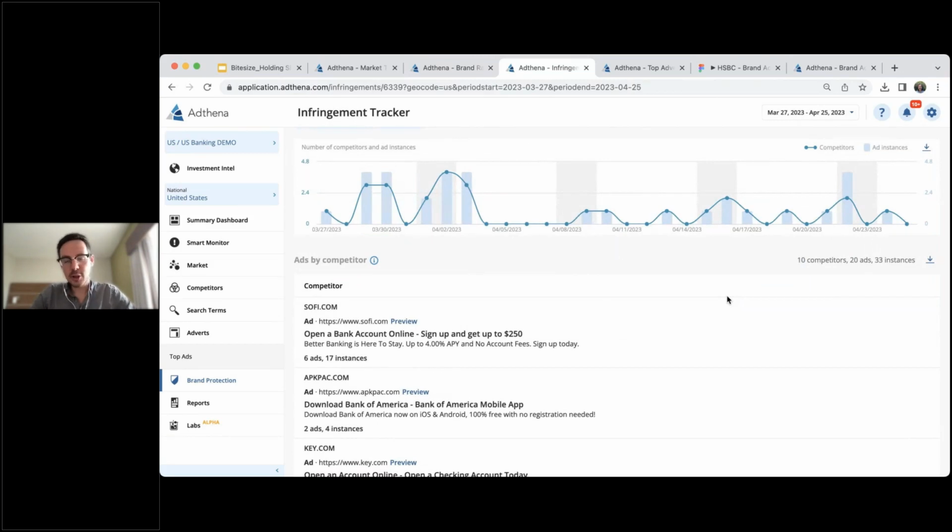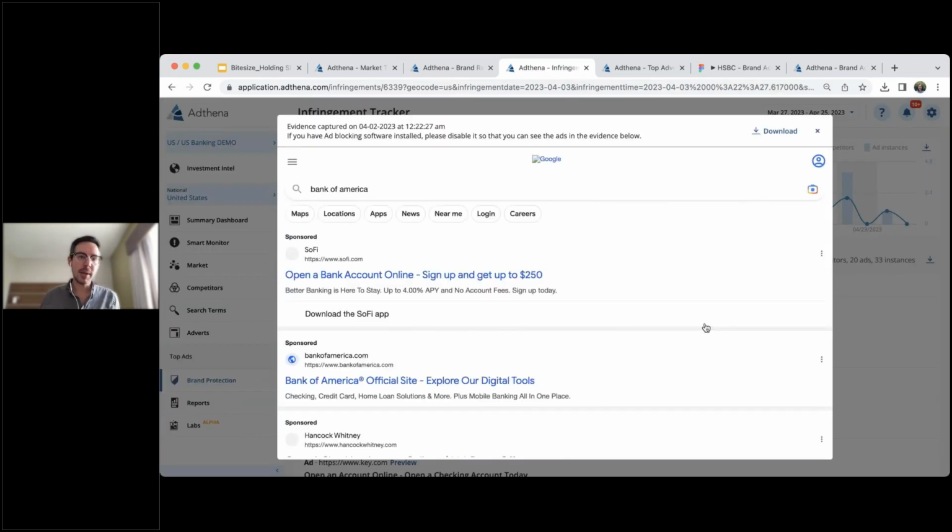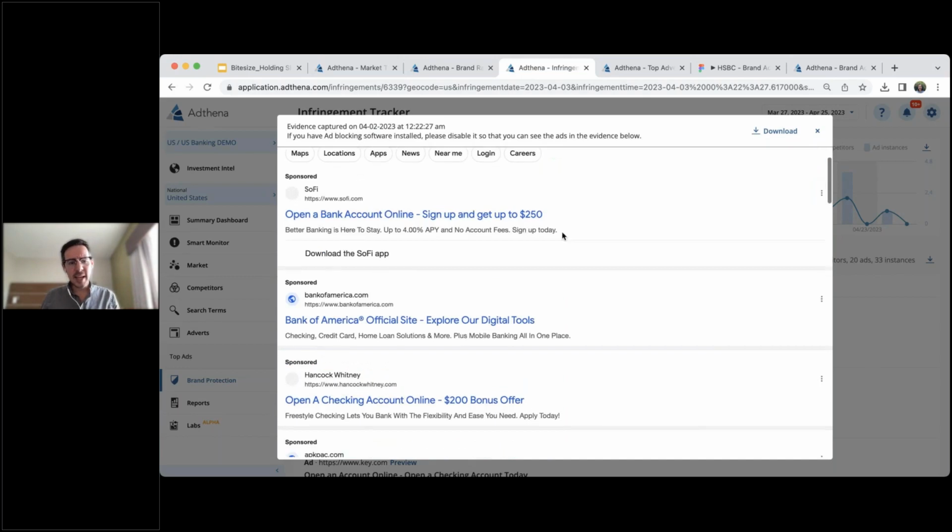The evidence link is going to provide the destination URL, display URL, and of course the ad click URL that you're going to want to have. And it looks a little something like this. By selecting the preview tool, we're going to show you the full SERP in context as it is happening. This query happened on the 2nd of April, where our term Bank of America has SoFi on the top of the SERP with a sponsored ad